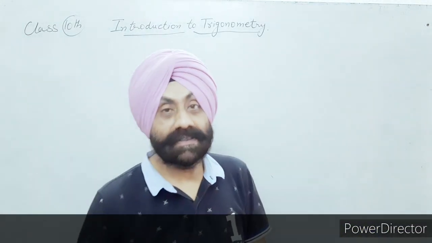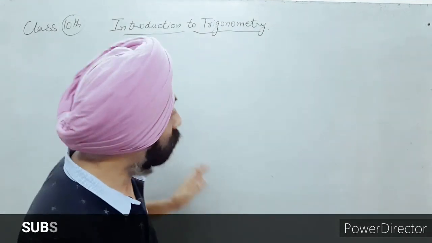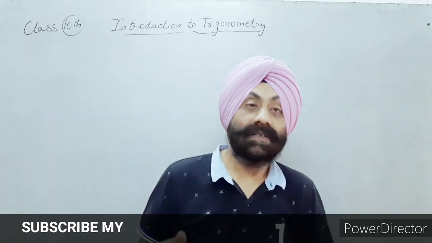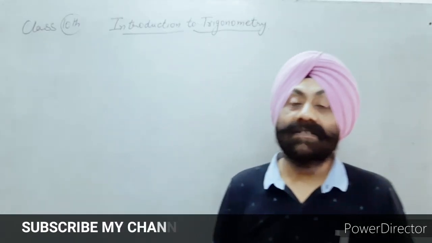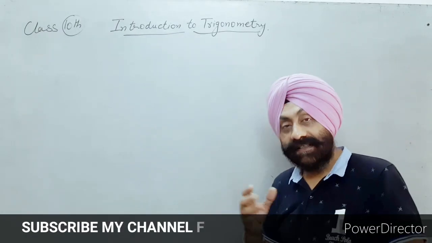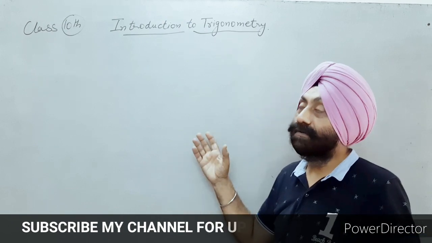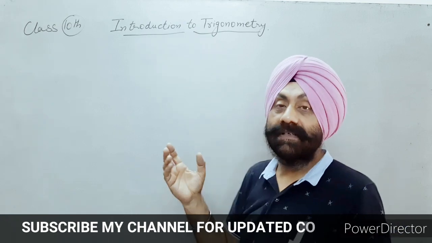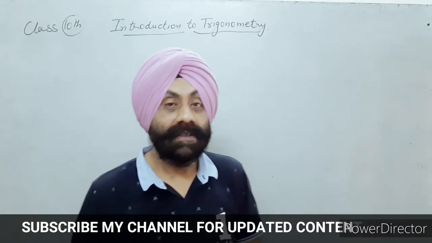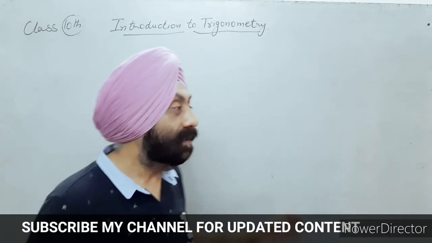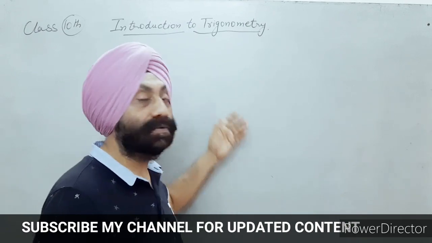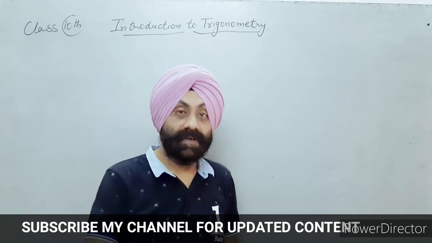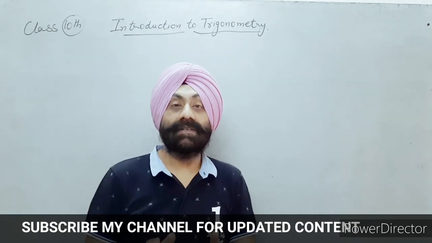Now the very first topic we did was the basics, that is the trigonometric ratios, the relationship between the angles and the sides of a triangle. Then in the second lecture I gave you the values of different angles, that is sine 30, sine 45 degrees, sine 60 degrees and so on. And in the third lecture we solved a few questions based on those concepts. Today also we will continue with it and solve a few more questions based on that topic.